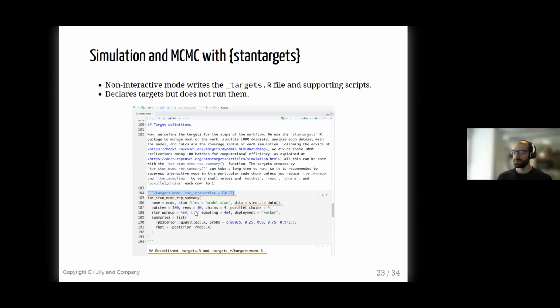To analyze each data set with this Stan model that we have, and post-process each of those runs and assess the calibration. Actually, the calibration is a couple of downstream targets, but I'll get to that.